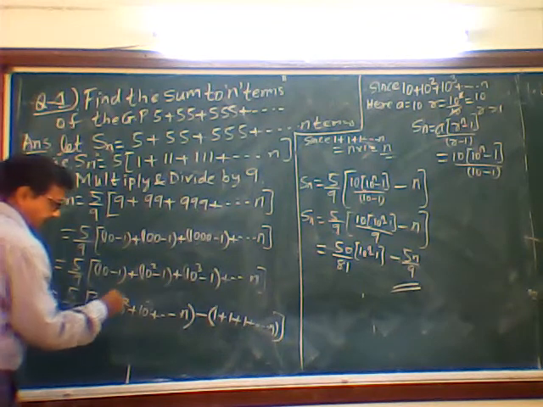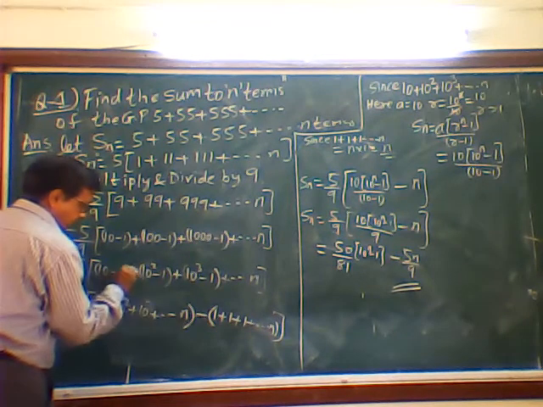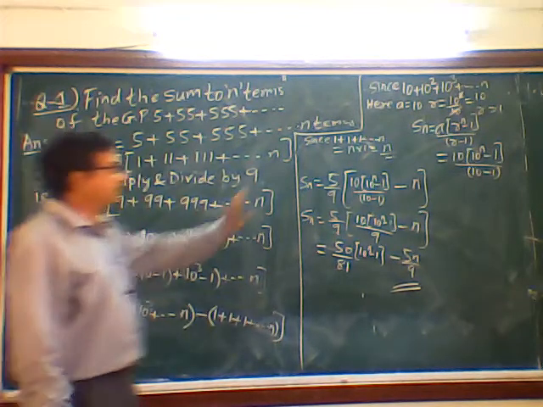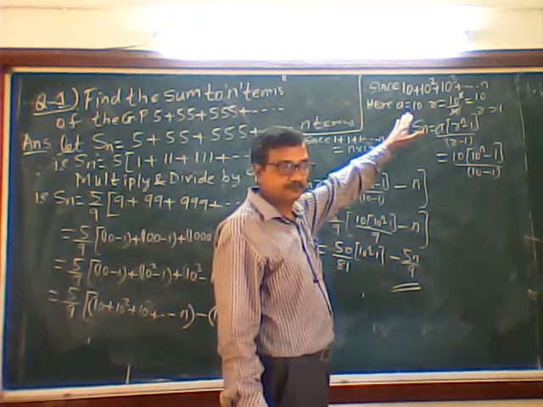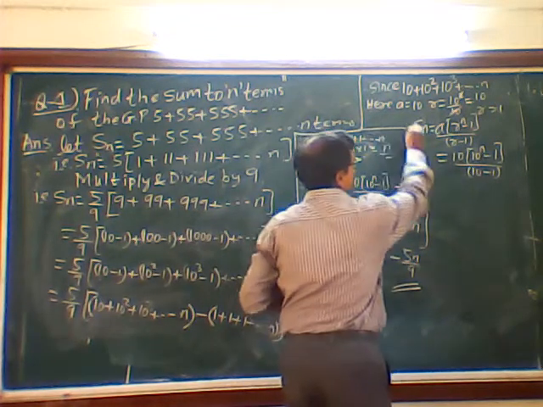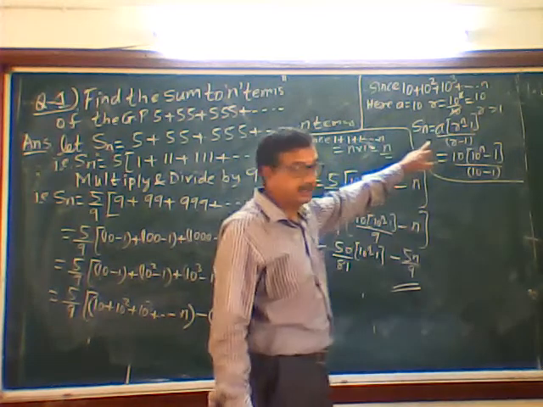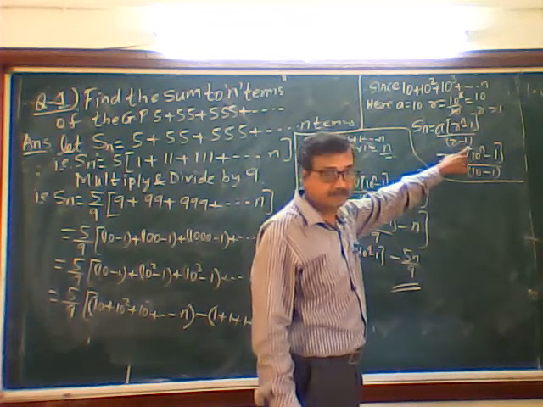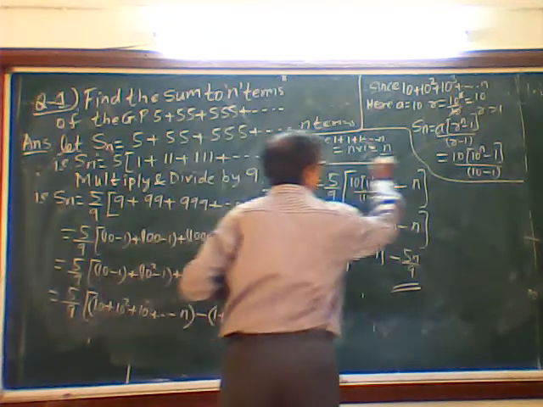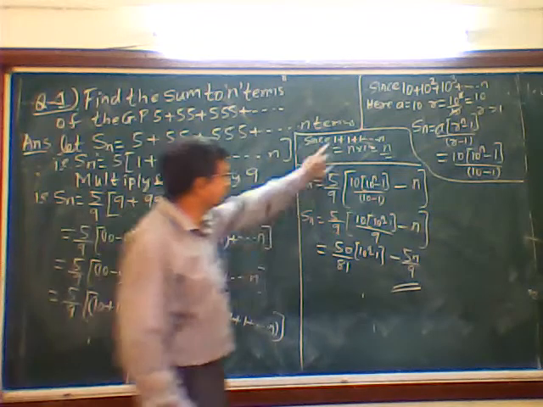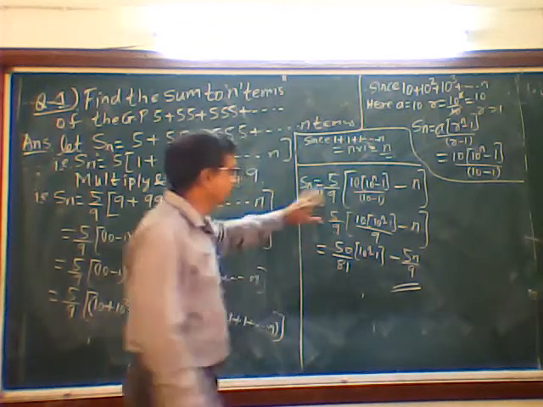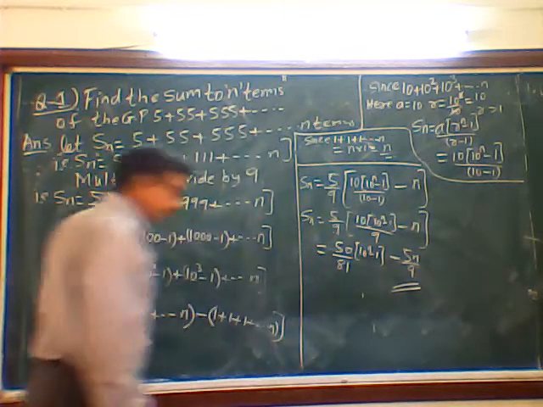Put it in a bracket. Again I have taken the minus sign common here: 1 plus 1 plus 1 plus dot dot. Then this part I have solved here. You are getting r value greater than 1, that's why you use this Sn formula: Sn is equal to a into (r to the n minus 1) divided by (r minus 1). Whatever a and r values are there, I have to put them. Then next, 1 plus 1 plus 1 plus n times is nothing but n into 1, which will be n only. Then whatever answer I have got, from here the problem continues.